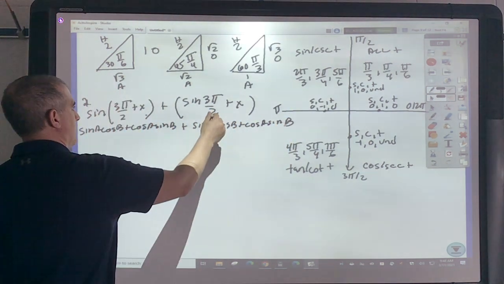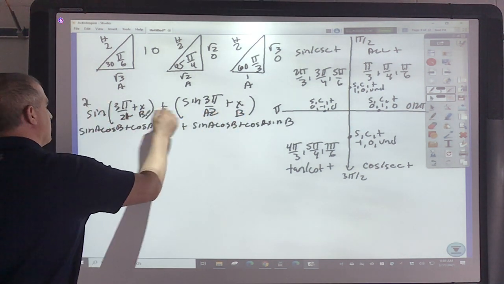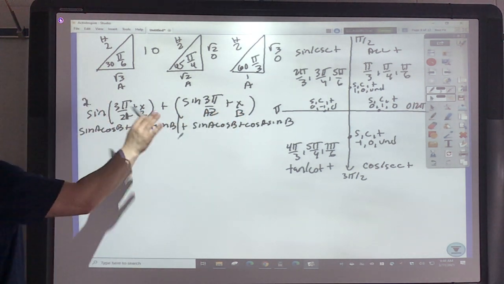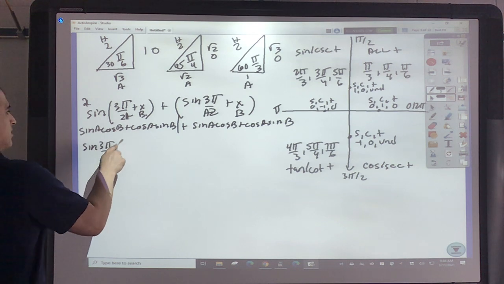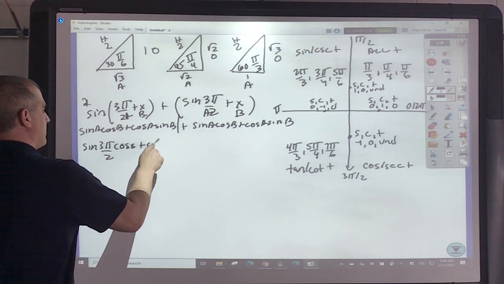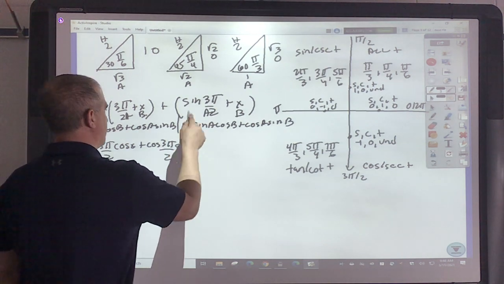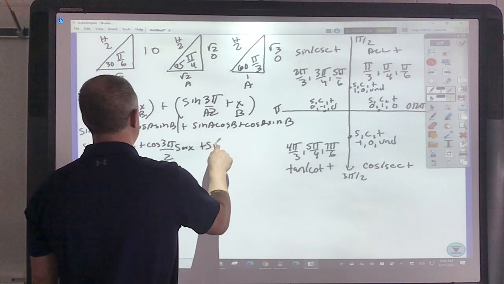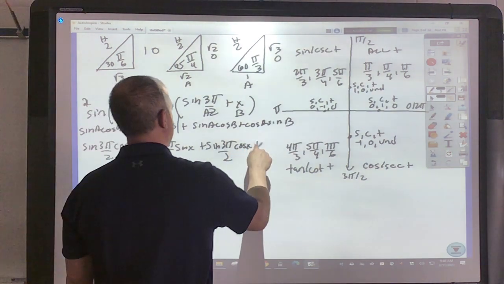Now for this one, this is the A, this is the B, this is the A, this is the B. Okay, so make sure you're checking which one. Sometimes they end up being the same, so this would be sine of 3 pi over 2, cosine of x, plus cosine of 3 pi over 2, sine of x, and it ends up being the same thing, plus sine of 3 pi over 2, cosine of x, plus